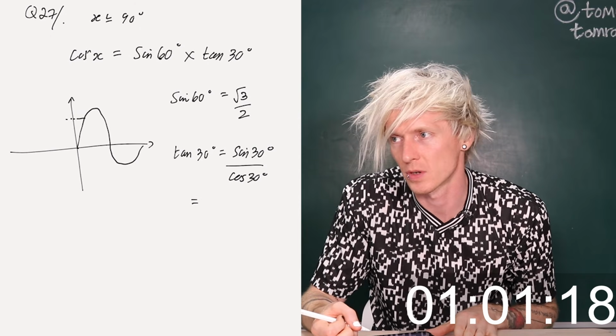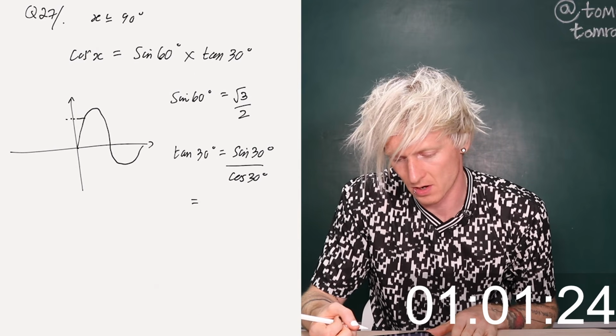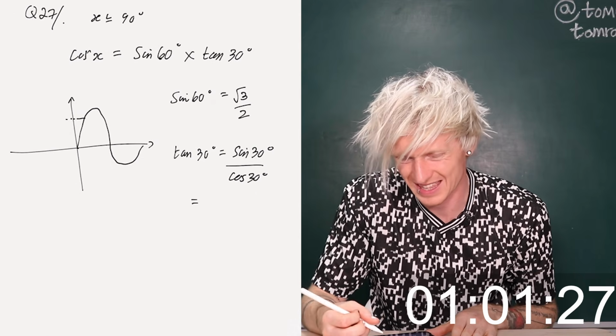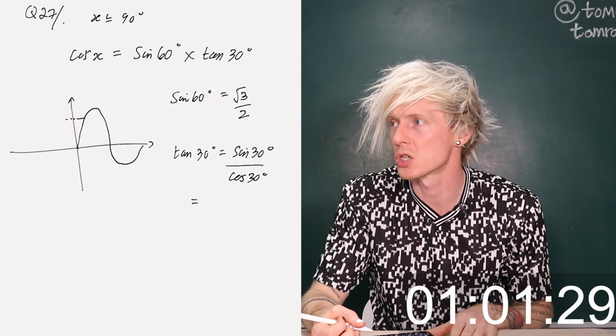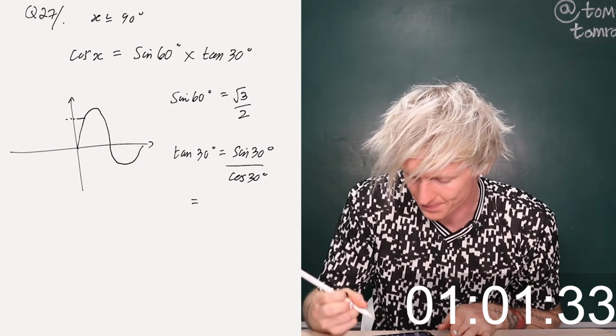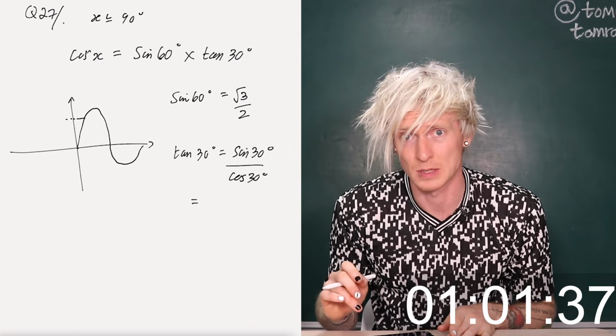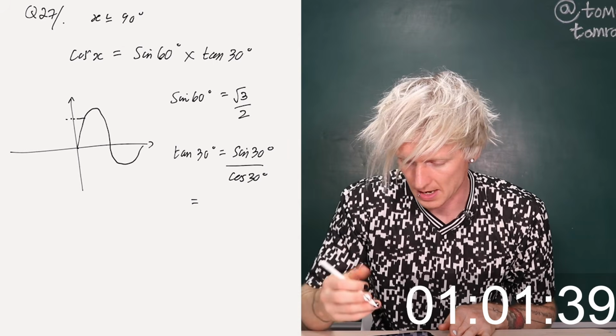Is that root 2 over 2? Ooh, I can't remember. No, it's not, is it? It's a half. Sine of 30, I think, is a half, he says with no conviction. Okay, I think it's a half